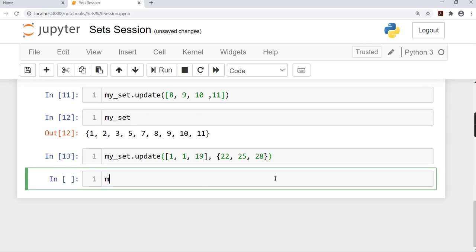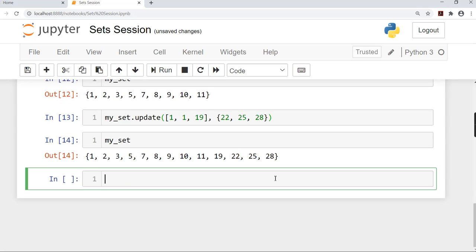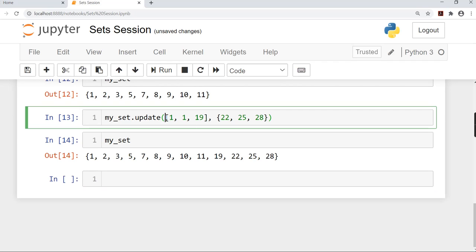Let's run this and check. We were able to successfully update our set with different types of elements. We passed in a list and another set, and it was able to successfully update the current set. Now